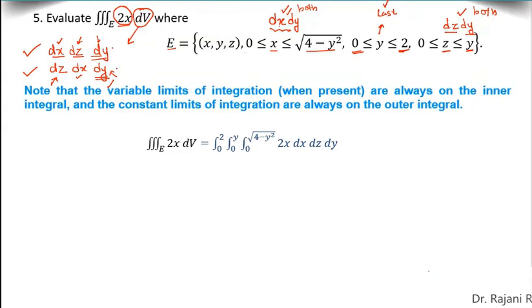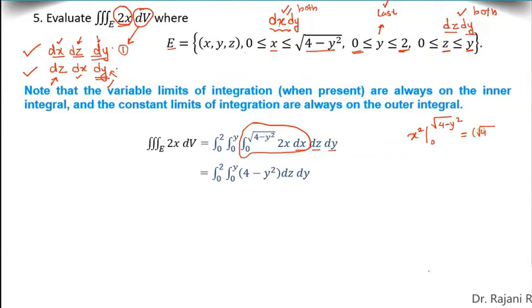Okay, so this is the solution when you are integrating in the order dx dz dy, the first one. Here you start by integrating the inner portion with respect to x. The integration of 2x gives you x square, and when you substitute the limits, from 0 to square root of 4 minus y square, this gives you root of 4 minus y square, squared, minus 0. So the root and square cancel, giving you this term.